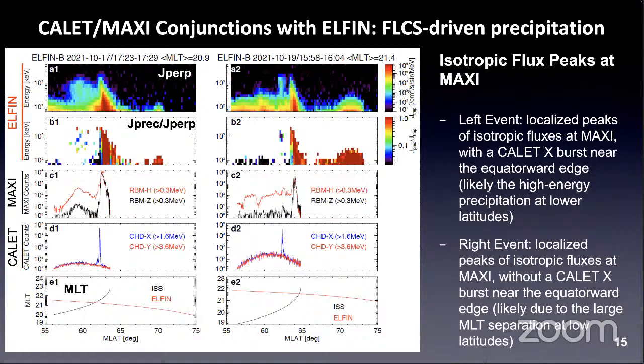And almost simultaneously, by this I just mean at the same magnetic latitude, we see that this MAXI data actually shows a very sharp transition from isotropic fluxes, indicated by almost overlapping flux between these two channels, to the anisotropic fluxes, indicating that this is likely the inner boundary of this curvature scattering driven precipitation, or in other words, this is likely the isotropic boundary for electrons along each of